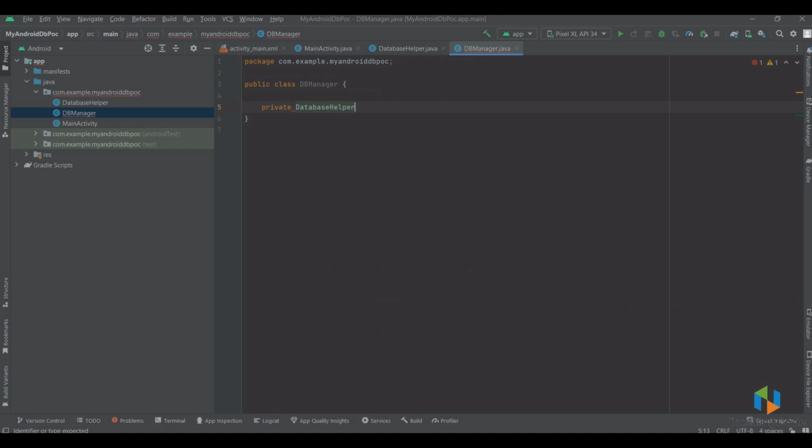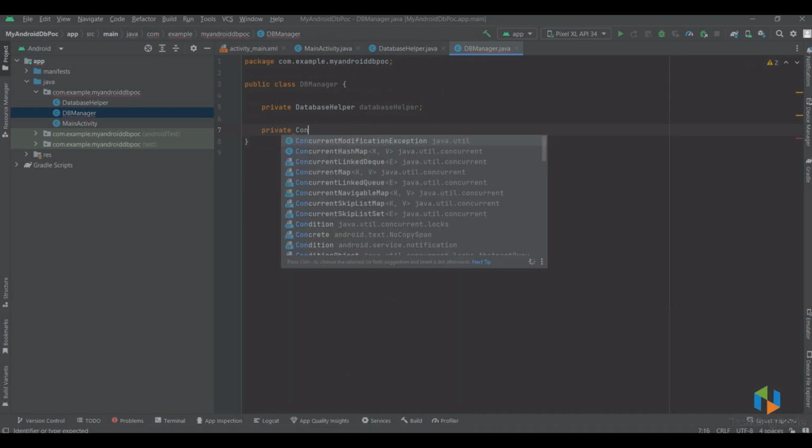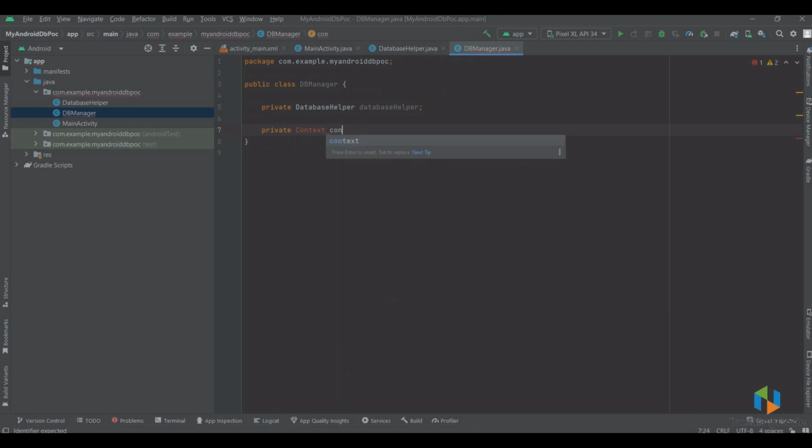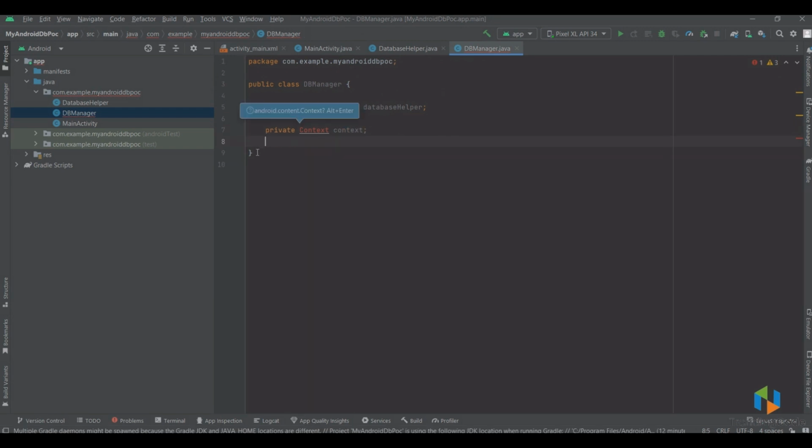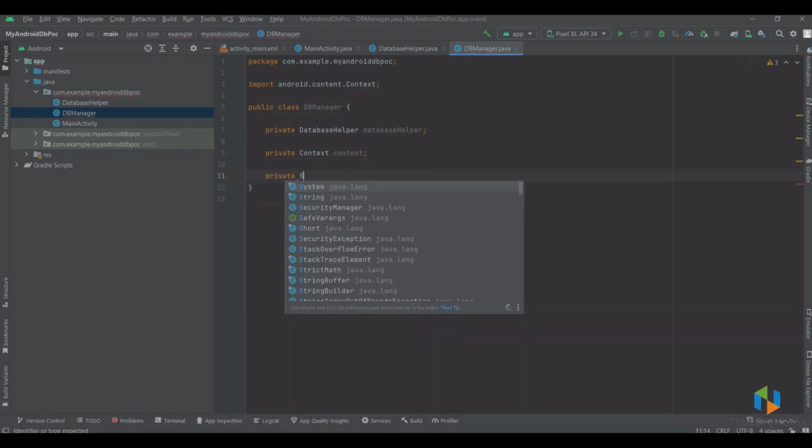So I will say private database helper here, and also we require a private context from Android, where it will pull out the current context and we can use it in our current code. So I'll import that class. Also we require SQLite database,